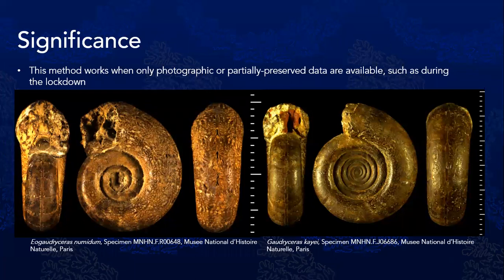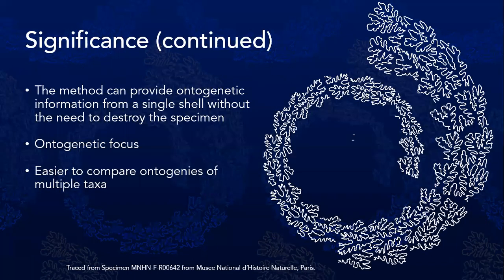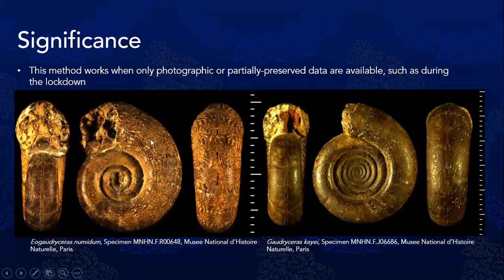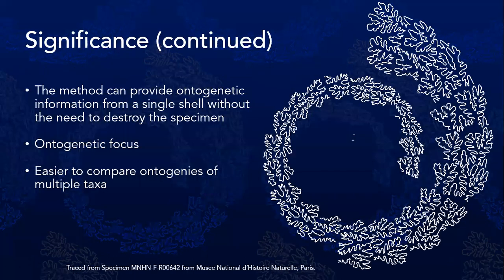So the significance of this method primarily is that it works when you're working from photographs, and it allows you to use ammonites that you wouldn't be able to come in contact with due to geography or a pandemic. The method also allows you an ontogenetic focus, which previous methods did not, because as you can see, once new shell growth covers the older part of the shell, you're no longer able to get the full hemisuture without destroying your shell. And this allows you a certain ontogenetic focus, whether you're just comparing the ontogeny of one ammonite or